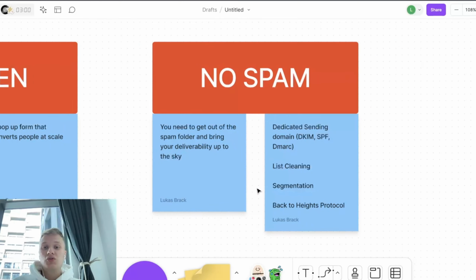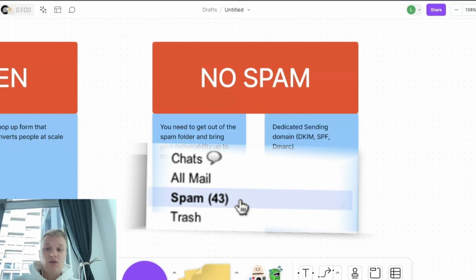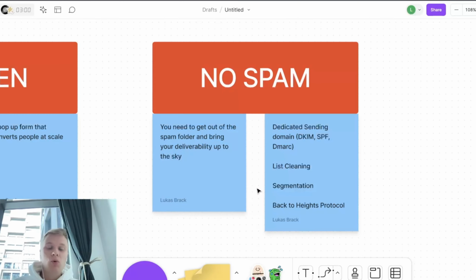What do you want to do to not land in spam, right? So you need to get out of the spam folder and bring your deliverability up to the sky. And there are multiple things to do that. First of all, dedicated sending domain. That's out of context. I need to take a look at your account specifically, but a dedicated sending domain is basically